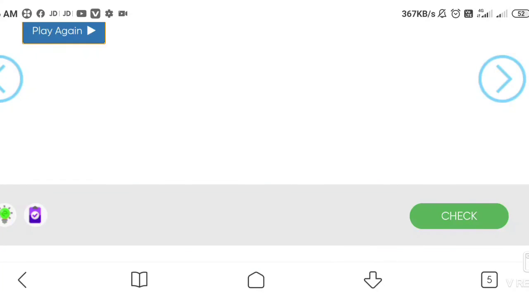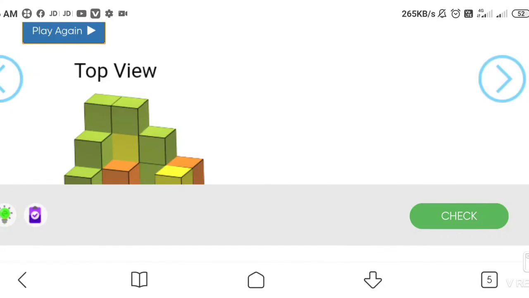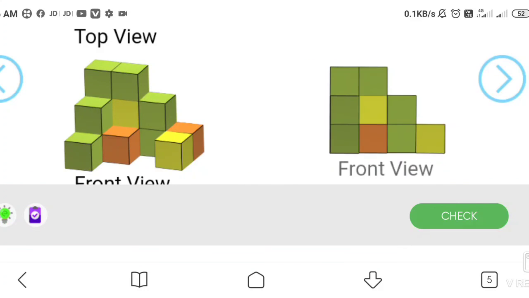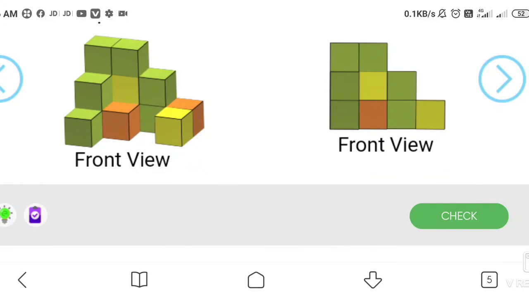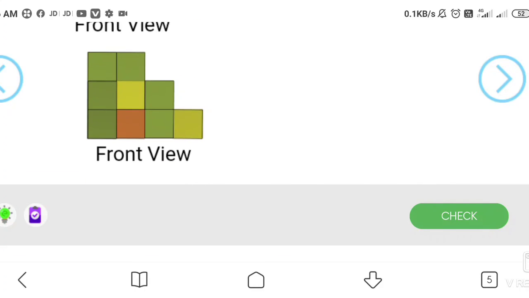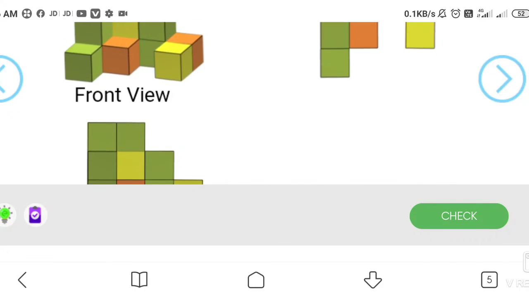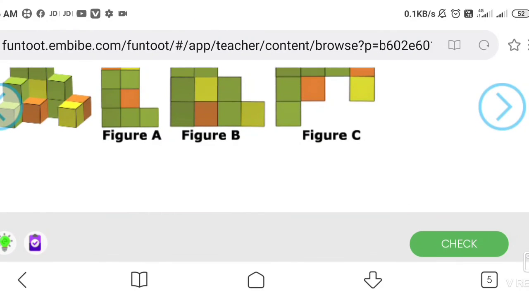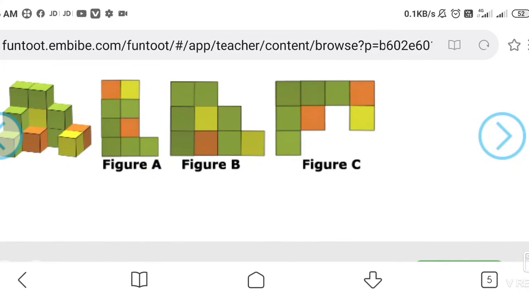Front view will be which one? First, second, third. Which one? See, the top view is only this much. This is the front view. So the answer is this. Front view looks like this. From which figure it is, you can check it. Okay students, use the FunTut app.